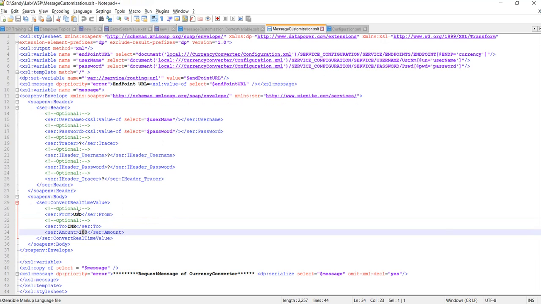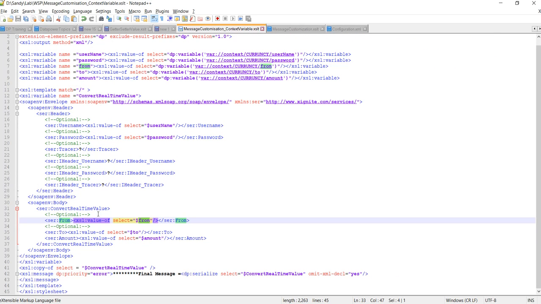But here, as I told, we are making our request message dynamic, so whatever values we receive from the request message will be passed here. This is from, to and amount, and after that we pass the variable as pipe, which will be the input of the result action, and simply we write our final message here, using the variable which we created.